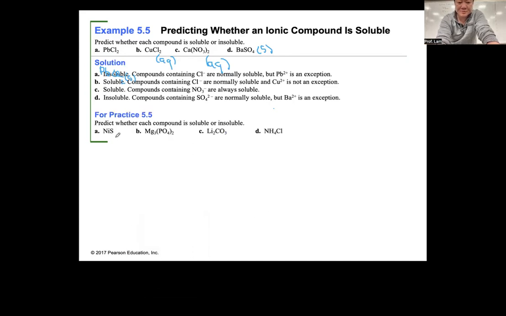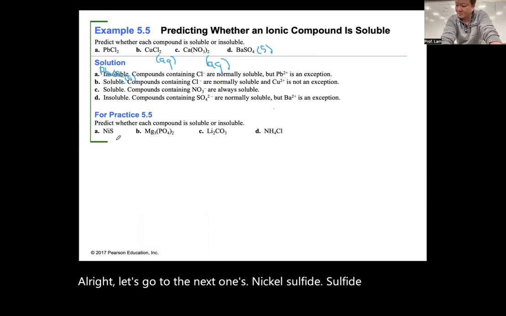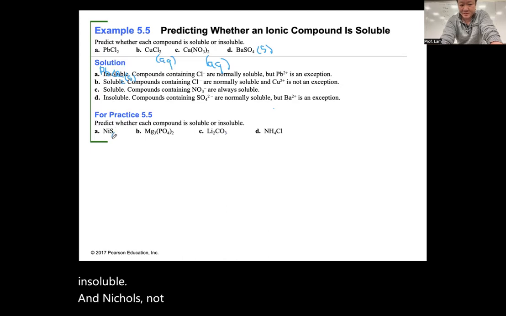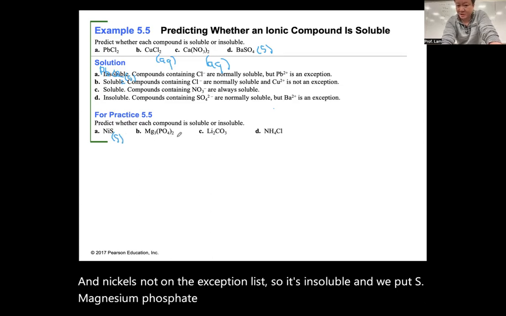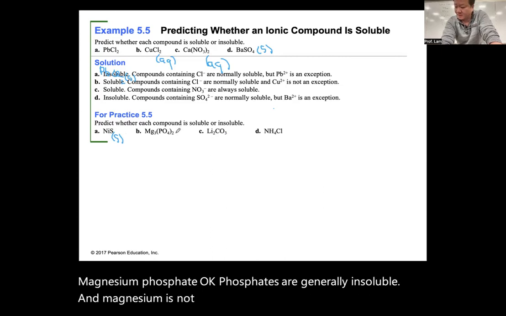Let's go to the next ones. Nickel sulfide. Sulfide is generally insoluble, and nickel is not on the exception list, so it's insoluble, and we put S. Magnesium phosphate. Okay, phosphates are generally insoluble, and magnesium is not on there as our exception, so